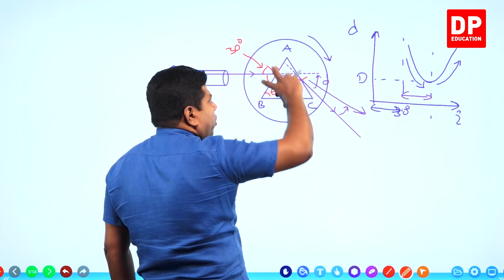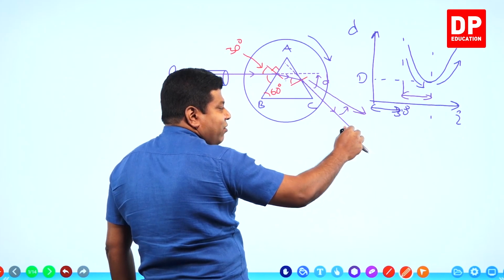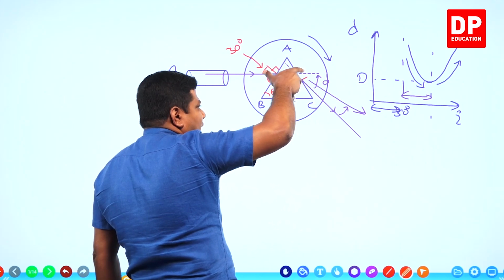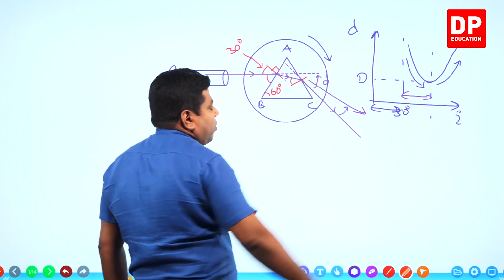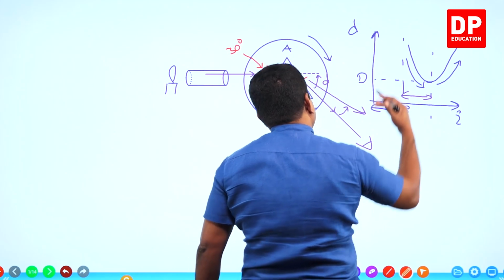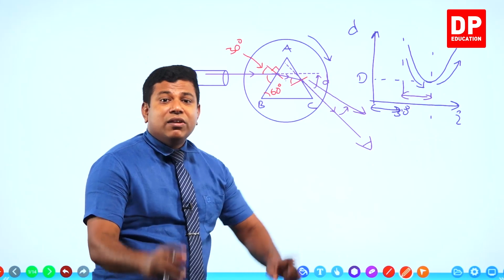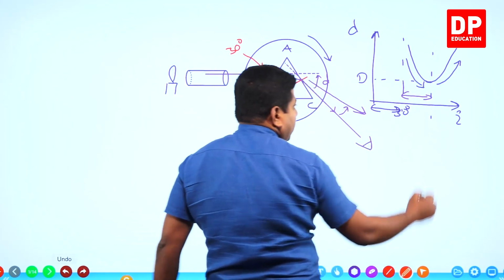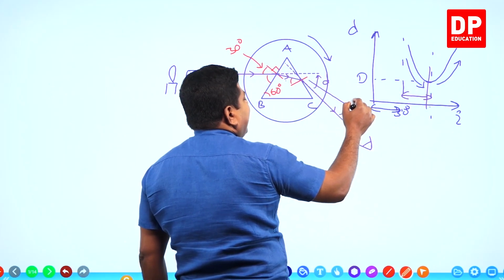So, when you are rotating this table, you can observe clearly that the image of the slit will start moving in the opposite direction. That means, when you are rotating the table clockwise, the image would be moving anti-clockwise. In other words, when I'm observing from here, the image will be moving to my right side, until we reach the minimum point. So, little by little it keeps moving to the right side.